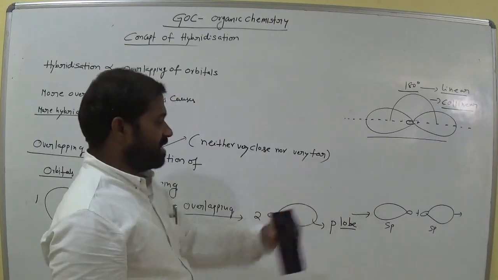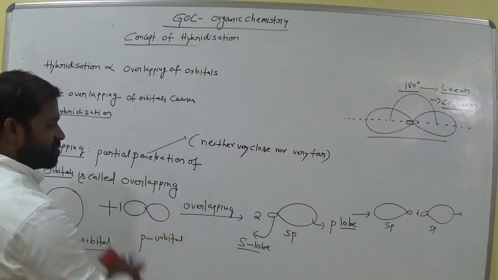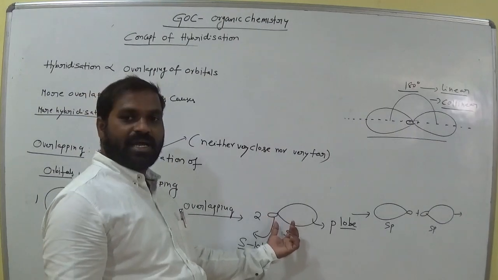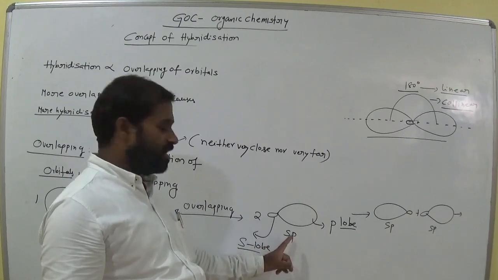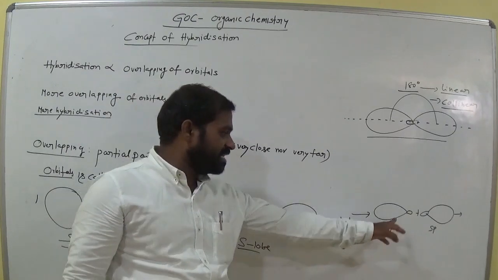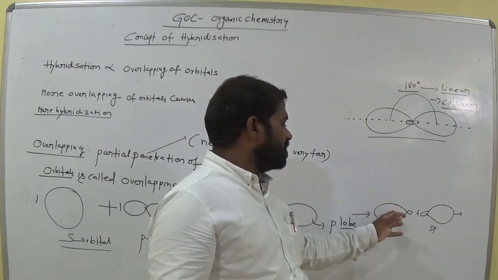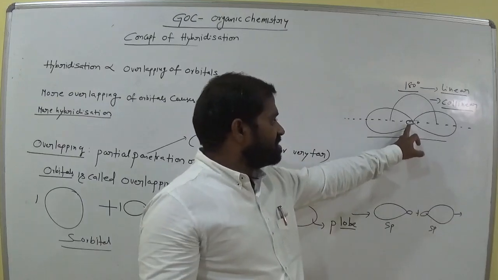Suppose in this case S and P orbital overlapping. Do you have an idea now? So penetration is close together here. Now S and P both undergo hybridization. How many hybrid orbitals are generated here? 2 sp. Now the sp orbital shape is like this. Now these two are close, what happened? This is the shape. Now this one penetrates into this one. So this is the representation.